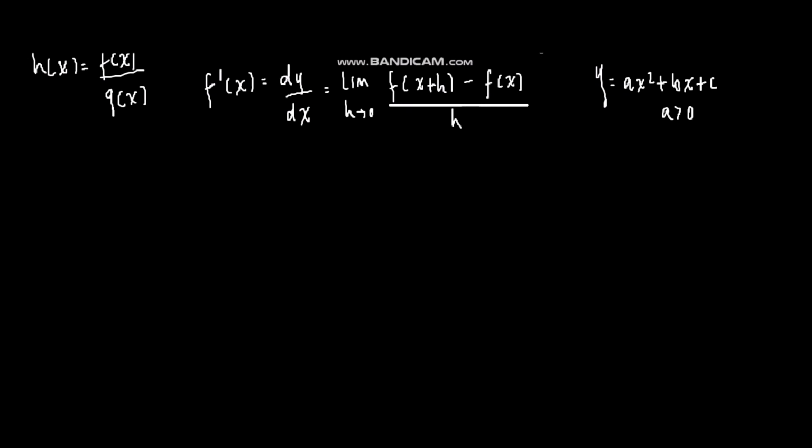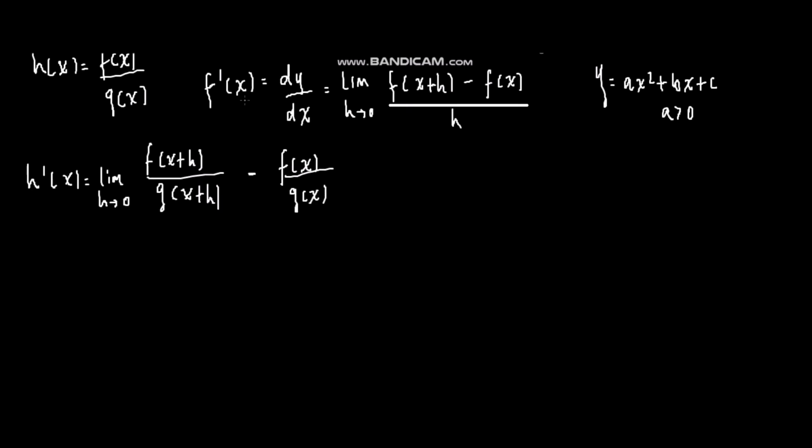Okay, so we're going to find the derivative of h of x, right? Now, using the definition of the derivative using limits, I'm sorry. So the definition of the derivative using limit is the limit as h goes to 0 of f of x plus h. Now if it's h of x plus h, it would just be f of x plus h, like this, over g of x plus h, right? G of x plus h minus h of x, which is just f of x over g of x, over